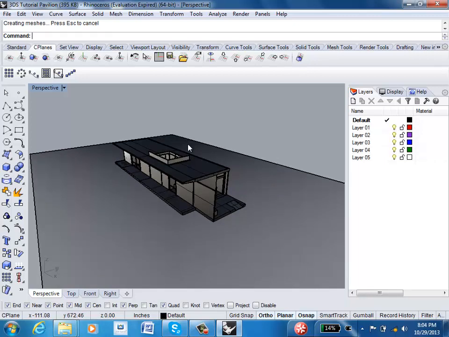If you have very complex forms that are curvilinear, you can convert them into a mesh within Rhino and then export the mesh. That gives you a little bit more control over how the mesh is made. So if I just type in mesh,